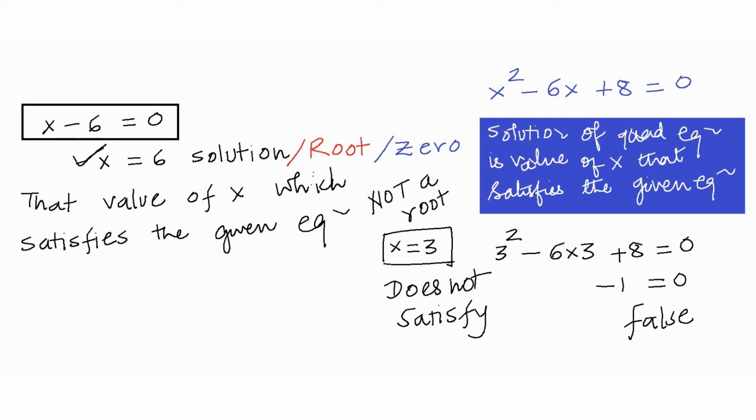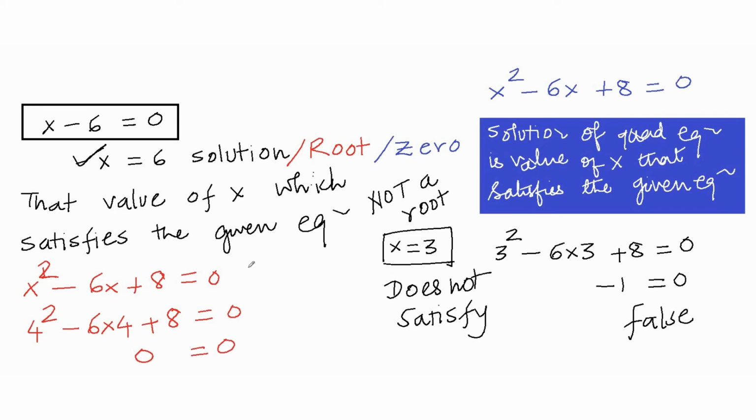So now let's try some other value of x. Let's try x equal to 4. So we have x square minus 6x plus 8 equal to 0. Let us try the value of x as 4. So 4 square minus 6 into 4 plus 8 equal to 0. That's 16 plus 8, 24 minus 24. That's 0 equals 0. So here it definitely means that yes, x equal to 4 is a root of the given quadratic equation